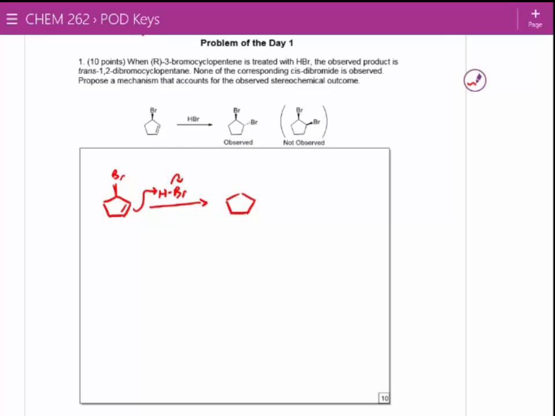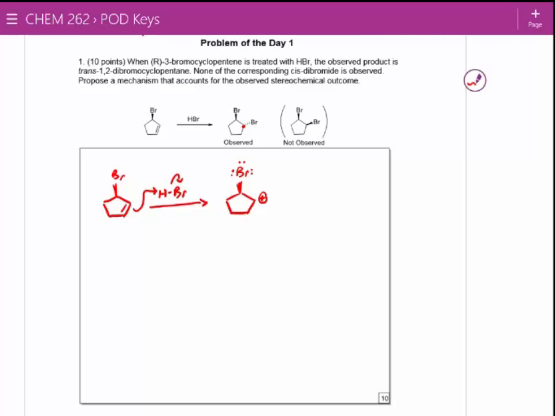And I had a lot of people ask me, well, how do we know which side that hydrogen goes onto? And this is a little bit of an interesting question. If you look at the top, I give you the product, so we know immediately that the carbocation must be at that position just based on our observed products. But let's take one closer look at this. If we've got this carbocation,